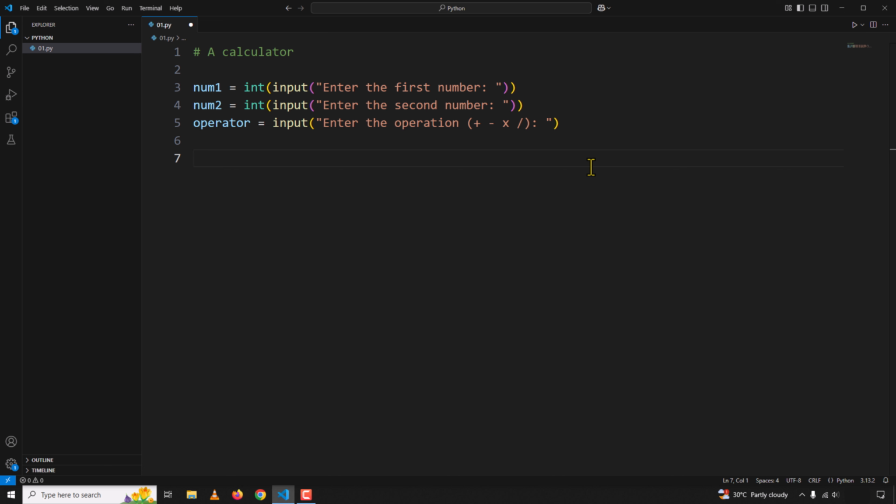Now I will use an if else statement. I will say if operator is equal to plus. Okay, meaning if a user enters plus, then what to do? This is what we use for equality. This is for assignment. Single equal to is for assignment. This is for equality. Okay, if a user enters plus, then what I want to do is add